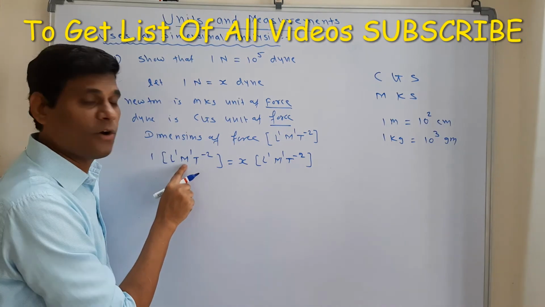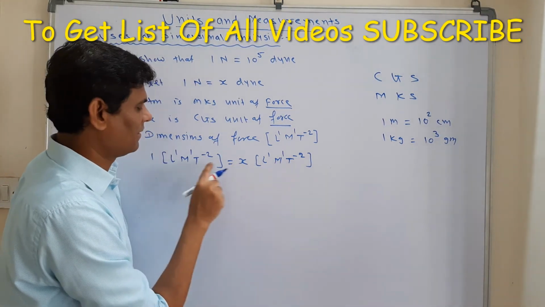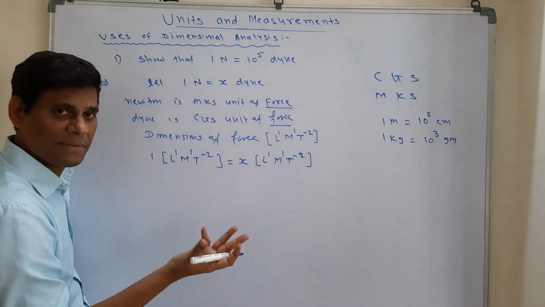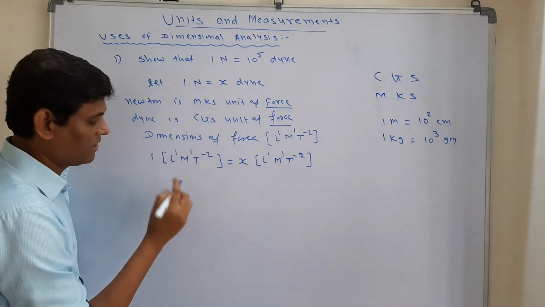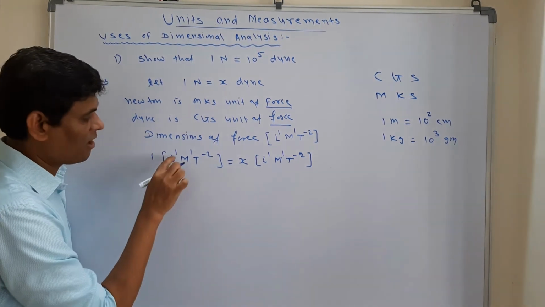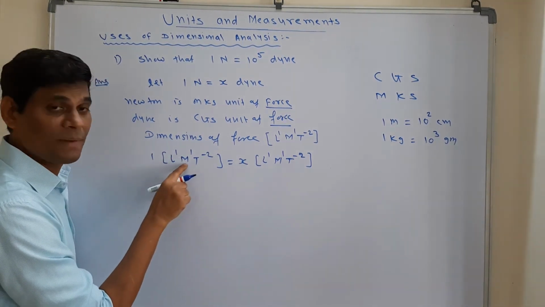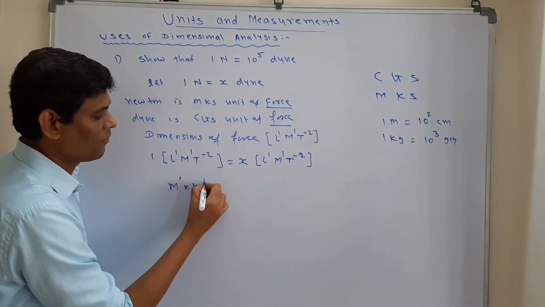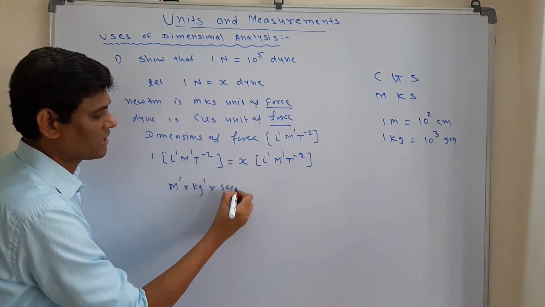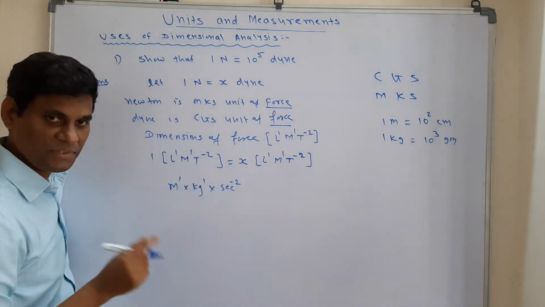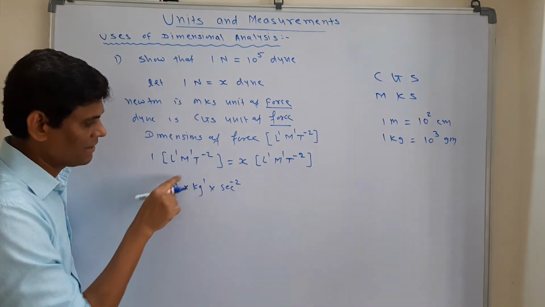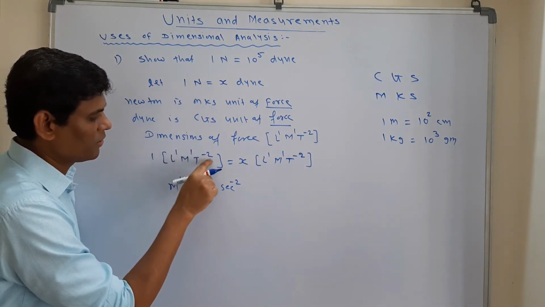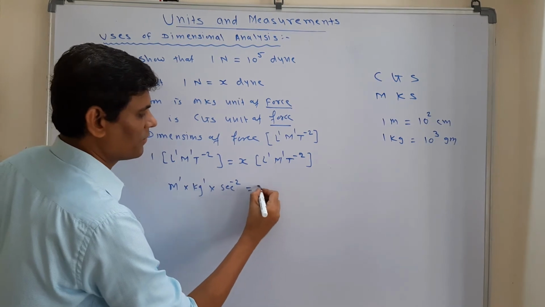This mass is in kilogram. This mass is in gram. Both the times are in second. So this is a length. Once multiplied will remain the same. So this length we have in meter, so we'll write the symbol M, raised to 1. This mass is in kilogram, so kilogram raised to 1. This time is in second, so second raised to minus 2. See again. This length is in meter. This mass is in kilogram. This time is in second. Raised to 1, 1, minus 2. 1, 1, minus 2 is equal to x.